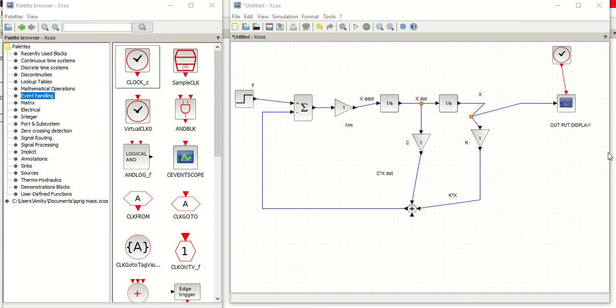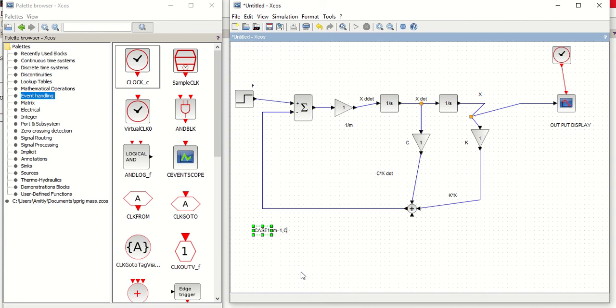Now we can easily check the performance of our given system. Here we are taking one by one what will be input, what will be output. So I can take the first case where I am taking mass is equal to 1.